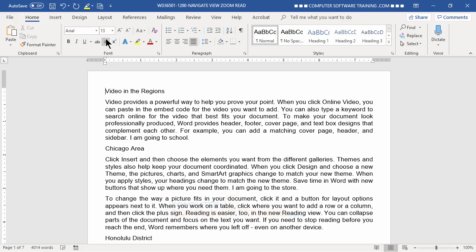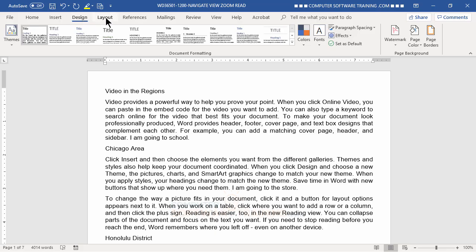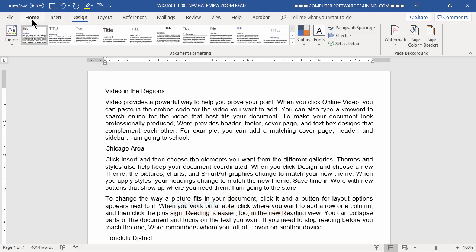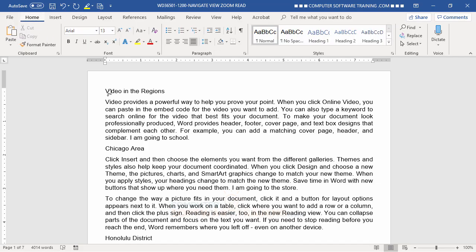But other formatting you're going to find in the Design tab, and in the Layout tab, and so forth. So it just depends on the type of formatting that you're going to do, but most of the formatting is pretty much in the Home tab area. There's some other formatting that you can actually apply via the keyboard, and you'll see a little bit of that as well. Okay, so let's first of all look at the bold, italic, and underline